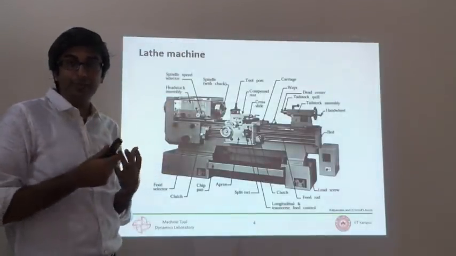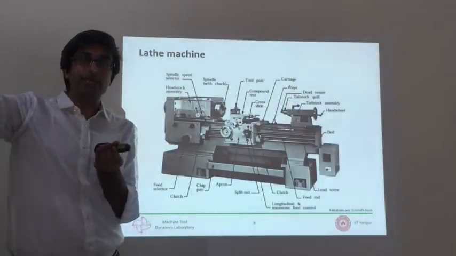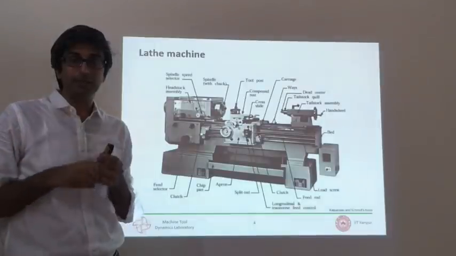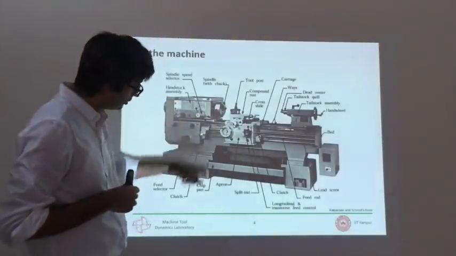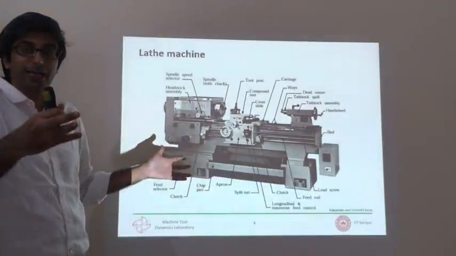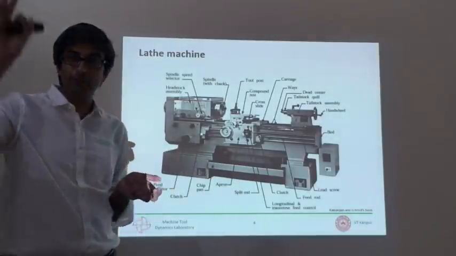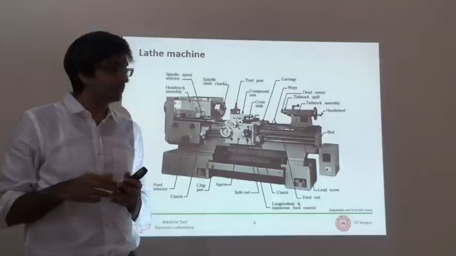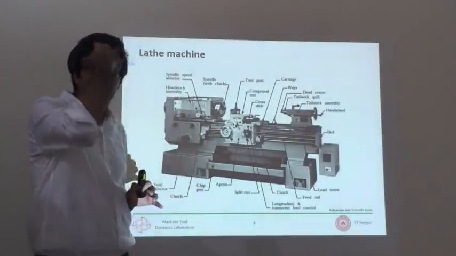When you are cutting, because you're going from the elastic state to the plastic state to fracturing and breaking away chips or material, all that material has to go somewhere. So through gravity it falls into this chip bin or chip pan at the bottom. This is nothing but a tray, and you collect it over here, and then after some time you remove it and then you get rid of it or dispose of it. So that is essentially the working principle of a lathe.